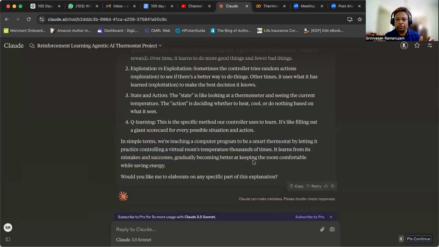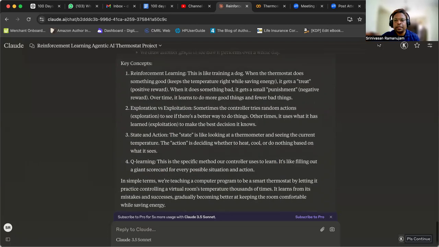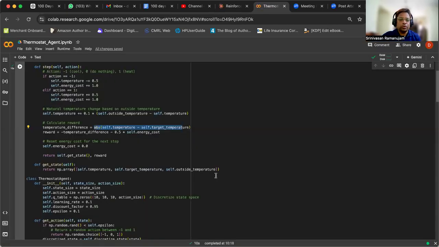That is nothing but we are building an agentic AI, an autonomous process, by letting it practice controlling a virtual room's temperature thousands of times. It learns from its mistakes and successes and gradually becomes better at keeping the room comfortable while saving energy. Okay, so this is what this code is doing, and I will share this code